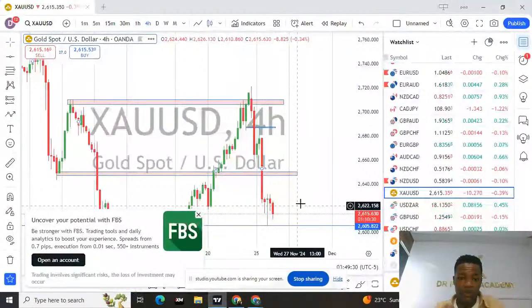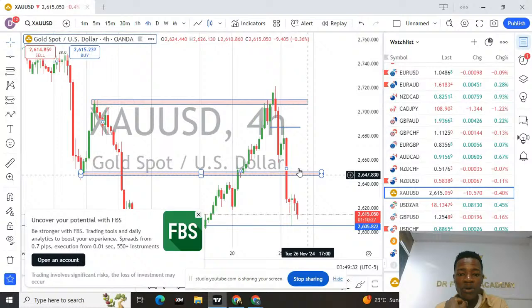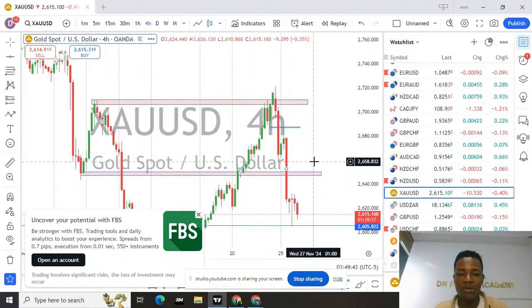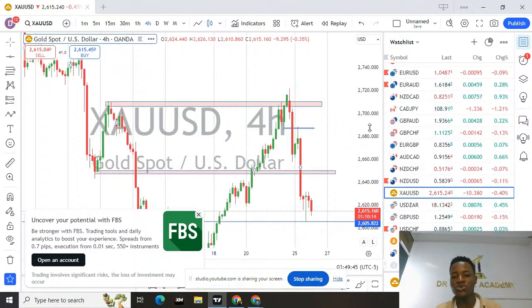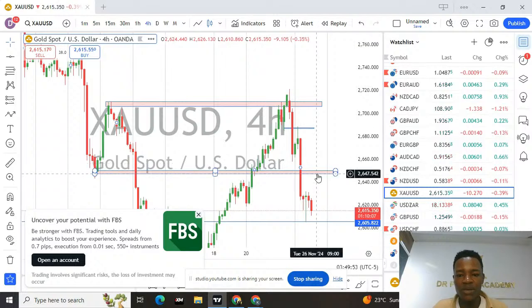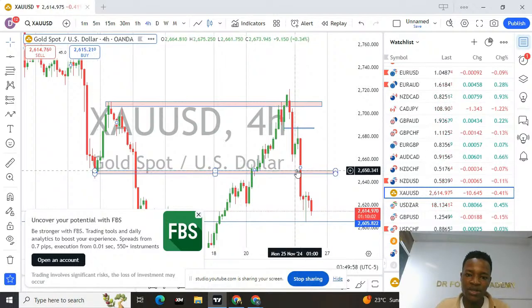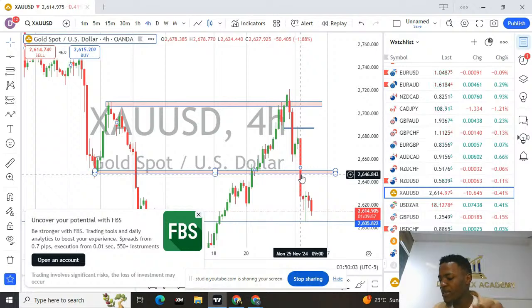Okay, so the reason why I didn't take that entry, Caleb, we were looking forward for buys at these particular levels. Whenever we're having an entry on our shoulders, we normally wait for the market to close at that particular level and respect. This is the shoulder, and these guys need to know how to take an entry using an order block, and how to take an entry using a shoulder. By the time the market was coming back to this area of the shoulder, the market closed below the shoulder. You can see a very impulsive candlestick closing below the shoulder. This doesn't guarantee for me to take a buy. That's the reason why I didn't take these buys here.